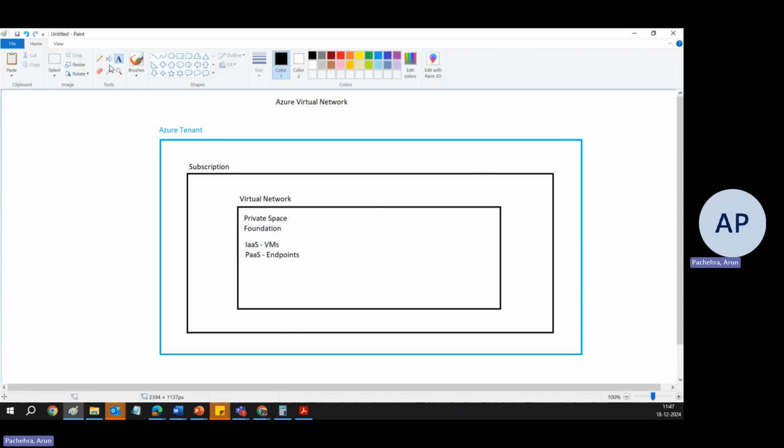So as of now, we have a tenant, we link a subscription with the tenant, and we create a virtual network in the subscription. What this virtual network does is give us the private space. This is the foundation for setting up secure and organized communication between Azure resources. For example, a VM needs an IP address. That IP address comes from the virtual network. And we talked about secure